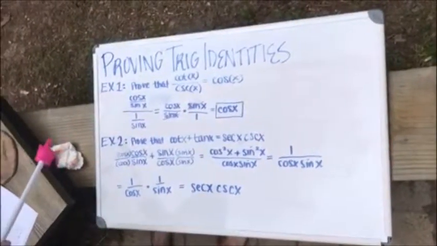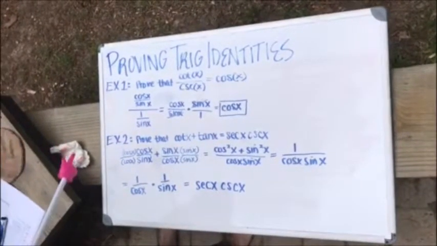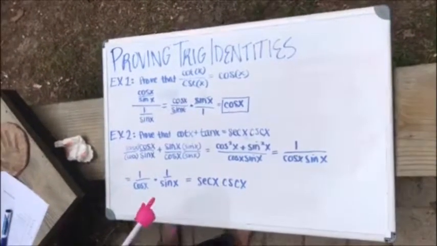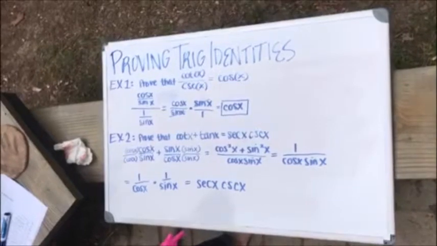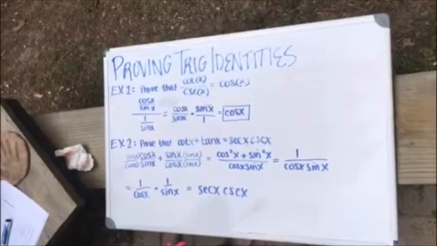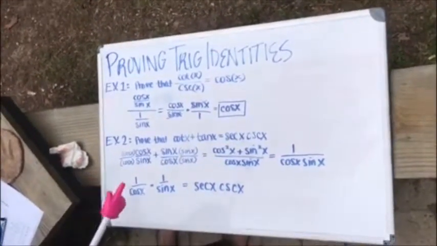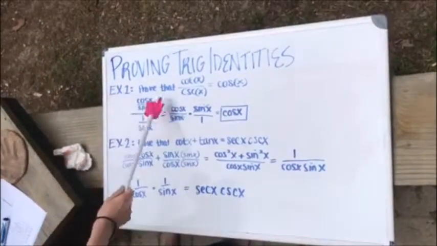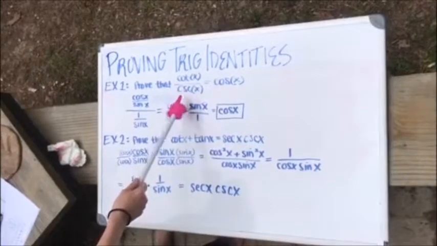So in this video, you're going to be learning how to prove trig identities, and really the key to proving trig identities is to change everything into sines and cosines, and that usually gets you started on the path to success. And so we're going to start with example 1, and it's prove that cotangent x over cosecant x is equal